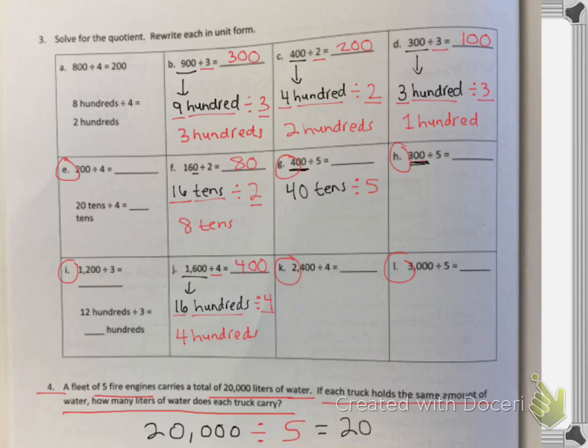And we can use our same technique in order for us to solve, where this 20,000 is going to be 20 thousands divided by 5. So now that we've changed it to unit form, I want to see if you can solve that one on your own. So how many liters of water will each of those 5 trucks get if we have 20,000s? Good luck